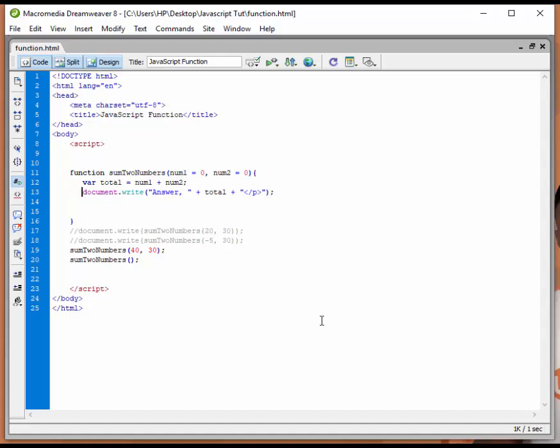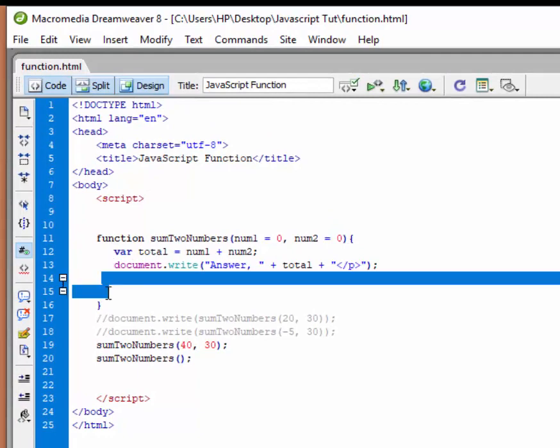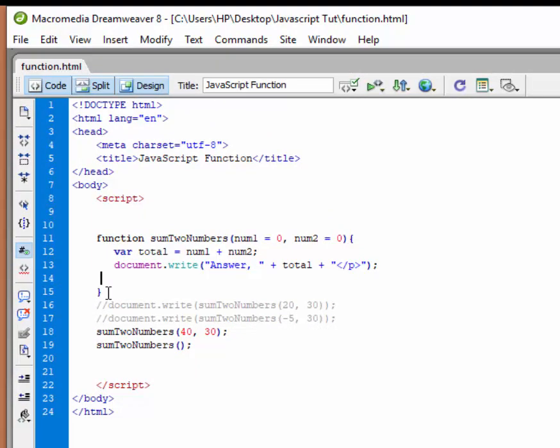I know you've learned so much about functions, but now I want to show you something else very important. Sometimes you don't want to document or echo within an array, within a function. You want to store the function and reuse it, and echo it appropriately when you want to, and that gave room to what we call return